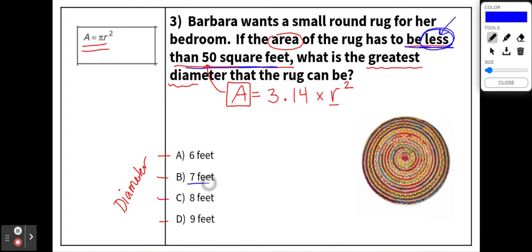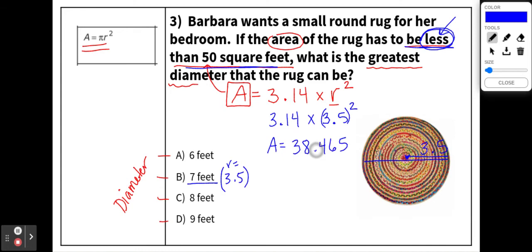Okay, so picking 7 feet, that means if it's a 7-foot diameter all the way across, that the radius would be half of that. The radius would be 3.5. So we're going to have to use 3.5 for the radius. Radius equals. All right, so let's go 3.14 times 3.5 squared. So this 3.5 needs to be squared. So I'm going to go 3.14 times 3.5 to the second power. And I get an area of